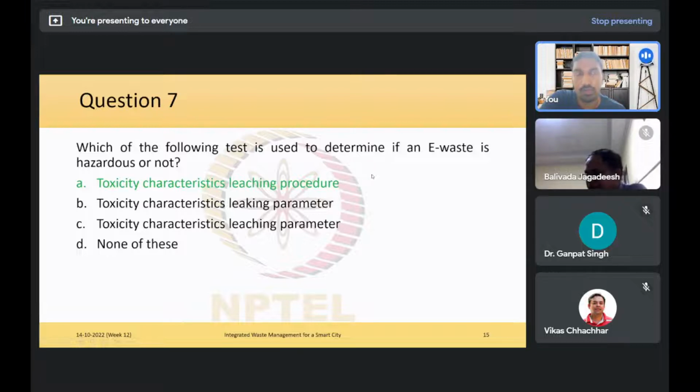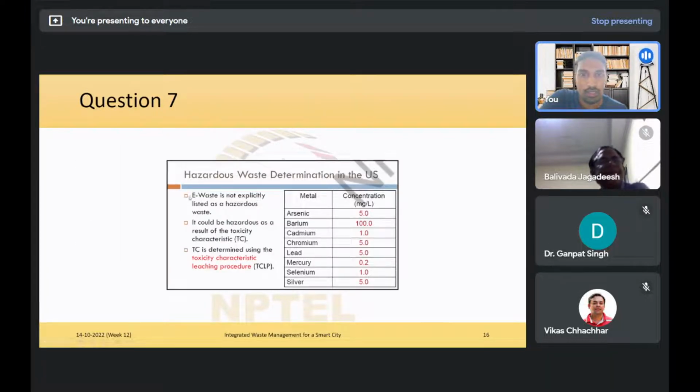So we do this for municipal waste, and we can do that for the e-waste as well. Right. So e-waste, even though it is not explicitly listed as hazardous waste, does contain hazardous material. Therefore, we need to do the TCLP test to determine its toxicity. Right. So the hazardous nature is established through the result of the toxicity characteristic, and the TCLP test helps us do that. Right. So as we see here, for different metals, we have established standards which tell us the permissible concentrations, right? And it should not be exceeded.